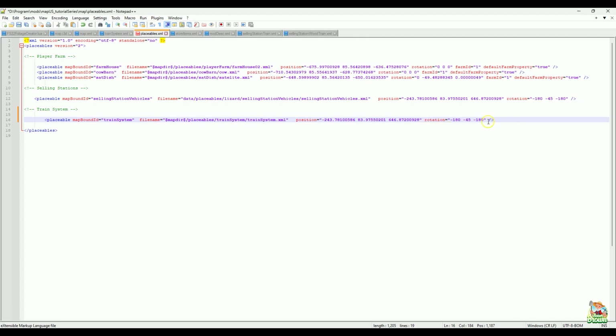Alrighty, now the location for this, as far as the rotation and the translation, I happen to know are both 0 0 0, and they're probably going to be the same for you if you're using one of the base game train systems. Now you can make your own, right? You don't have to use the base game. It'll make a little bit more sense as we go along. Okay, so we get that put into our placeables.xml,